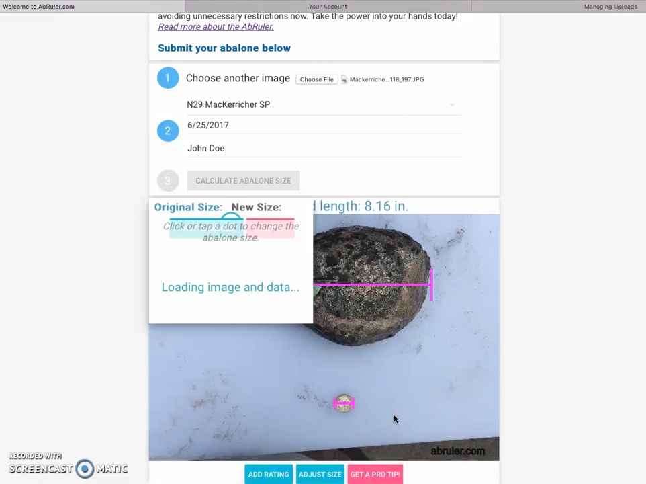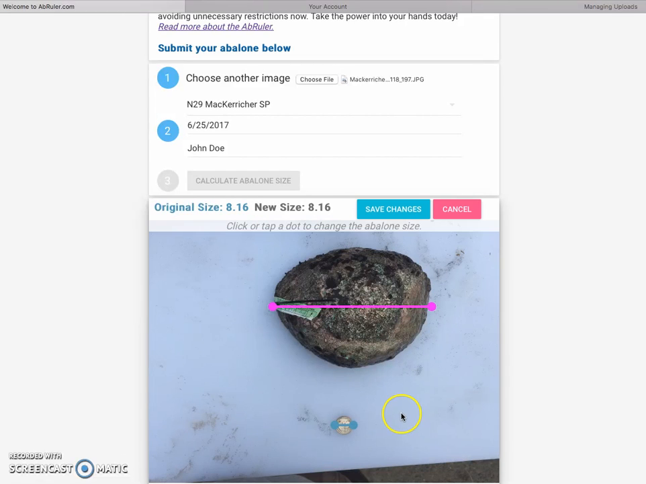will let you manually adjust the size of the bar. So in order to do that, you're going to click on the little circle right here. So you click once, and then you can move it out or in, and you want to place it right on the edge of the abalone shell, where the edge of the abalone shell meets the background. Then you're going to click again to lock that in place, and I'm going to do the same on the